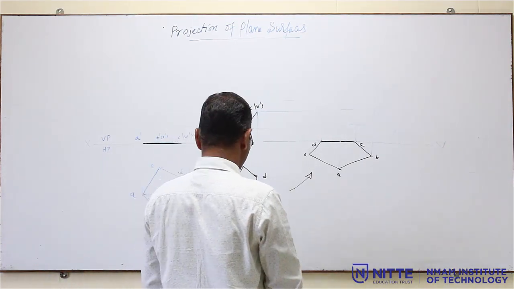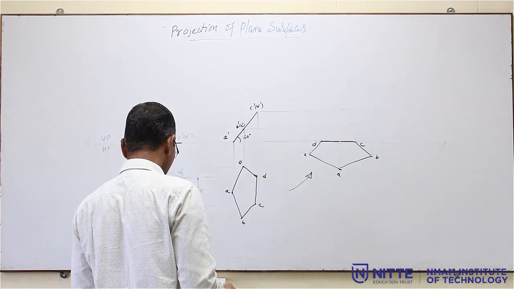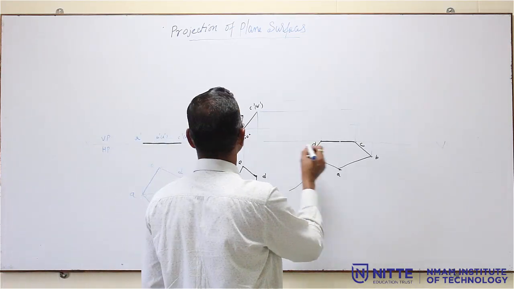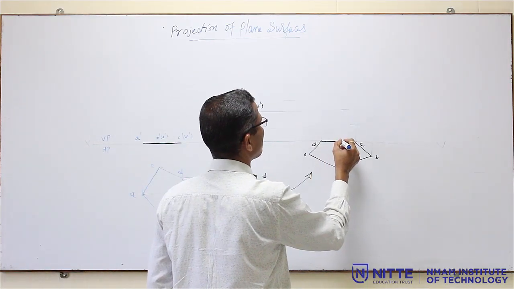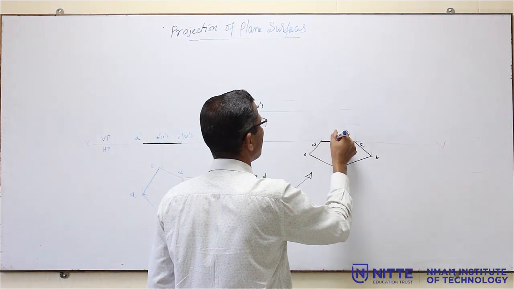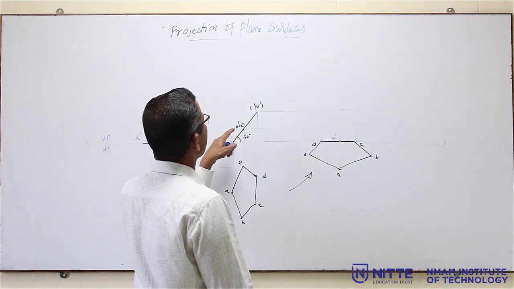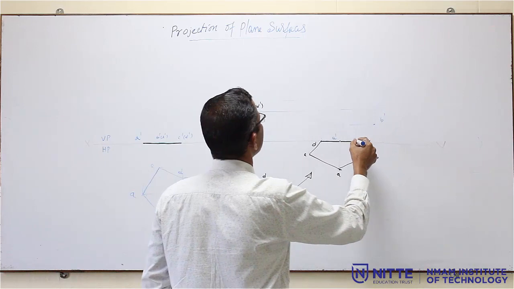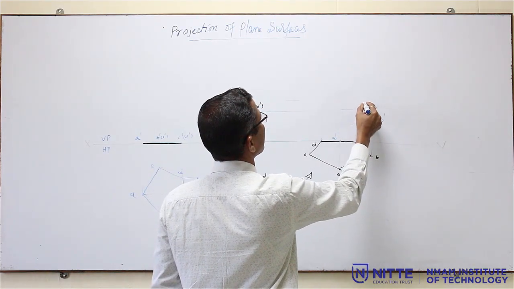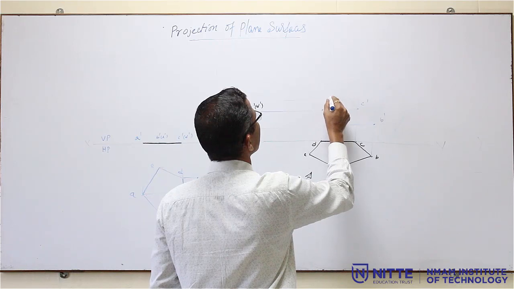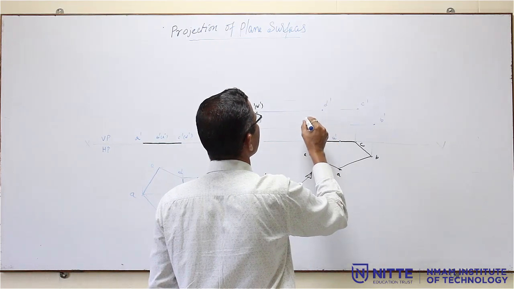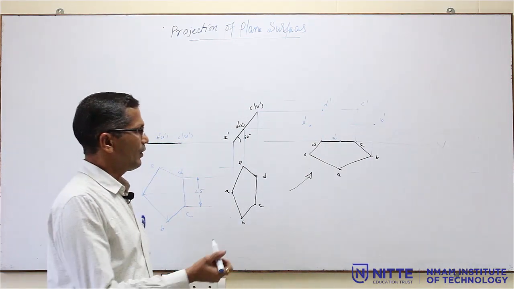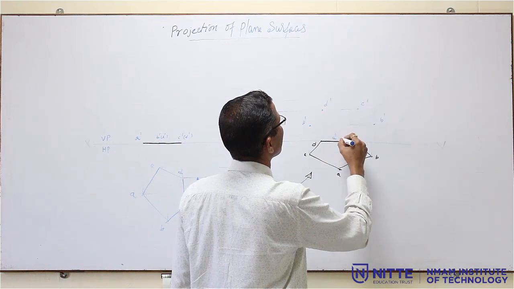So, mark all the points one by one. Start from A, you have to match A and A dash. Where is A? A is here, A dash is on this line. So, this becomes A dash. Where is B dash? B dash is on this line and here. This becomes B dash. C, D and E, like this. All the 5 points I have marked. Then you have to connect all the 5 points by straight line.